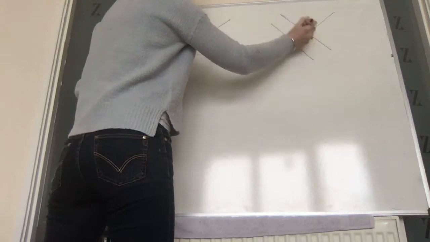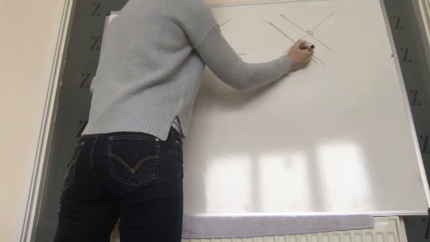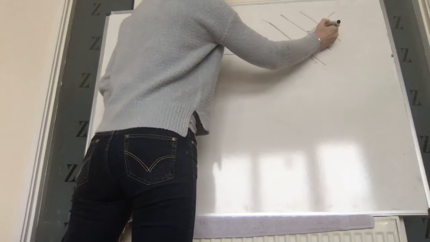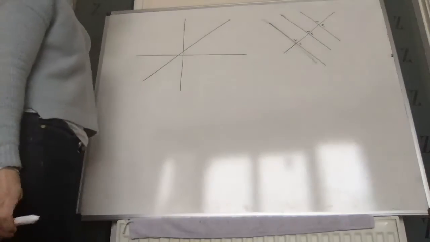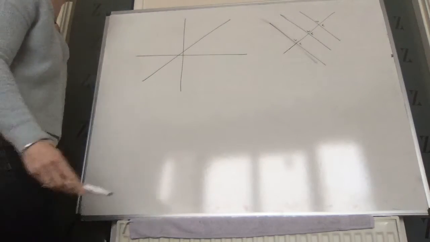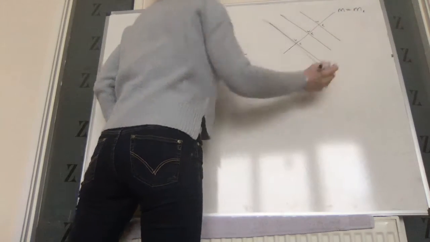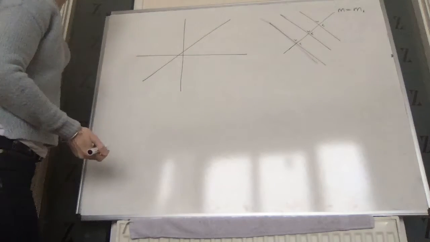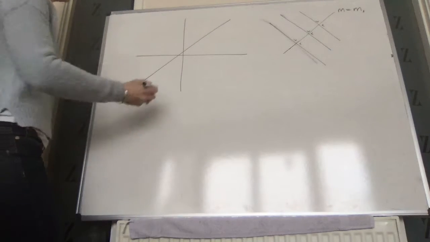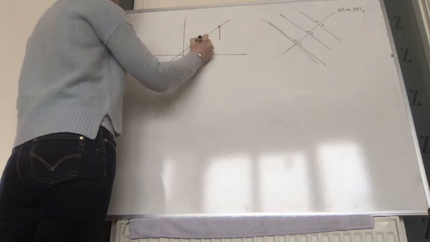Now there are loads of perpendicular lines that you can draw that are perpendicular to that one line. So every line has an infinite number of lines that are perpendicular, okay? So if the slope of that line is m1, is there anything that we can say about the slope of a line that is perpendicular to it? Okay, so I'm going to try this, hopefully this will work here. So if you look at this line here,